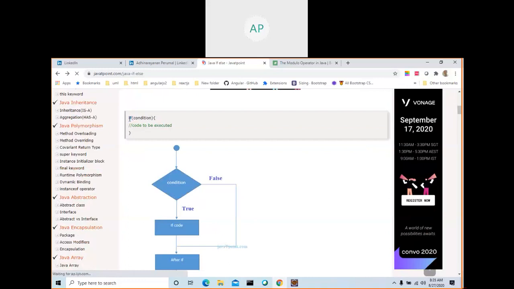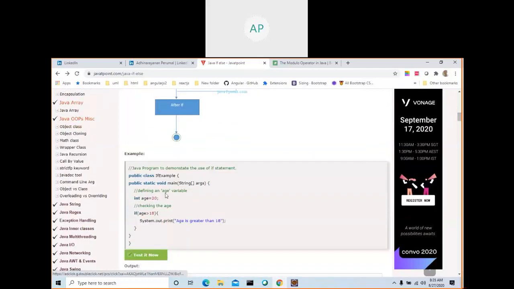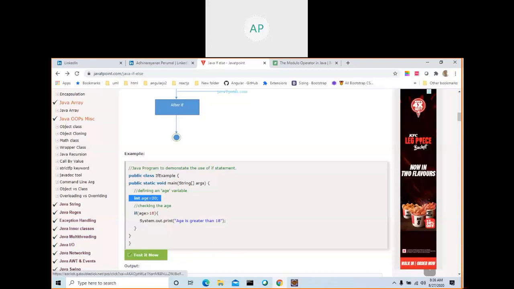So if, then bracket. You write the condition here, and this is the starting and this is the closing of the if condition. Here it starts and here it ends, with curly brackets. See here, they wrote a program. What is the class name? IfExample. public static void main is a method, right? Then age, they are hard coding the age. Either you can hard code the age or use Scanner, get the input and assign it to a variable. And there is an if condition, variable greater than.